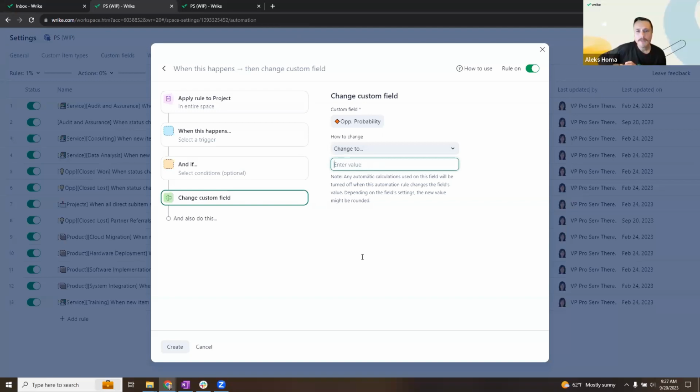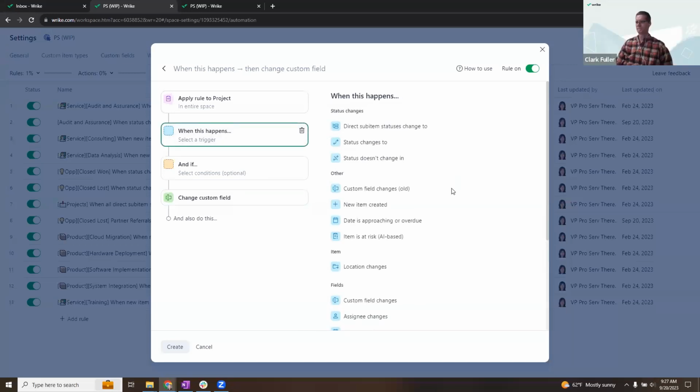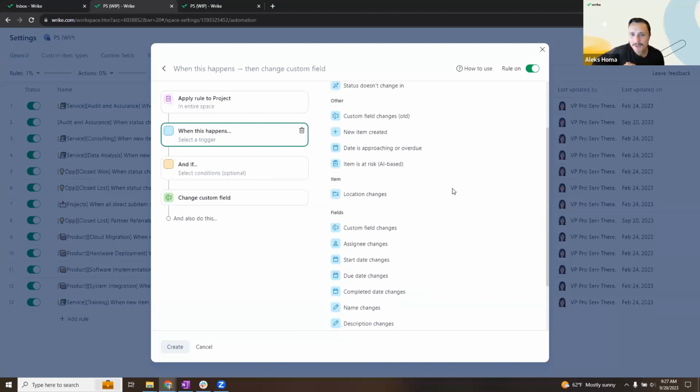And I've got a question here for you. We've got an instance where one of the people in the room has asked: is it possible to trigger or make the trigger based on the change of a custom item type? So they move that custom item type from being a risk to,